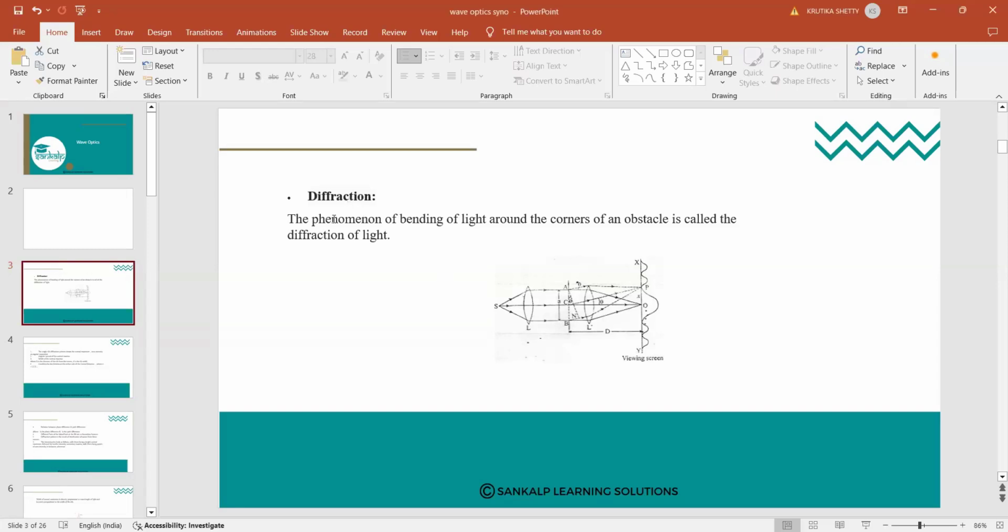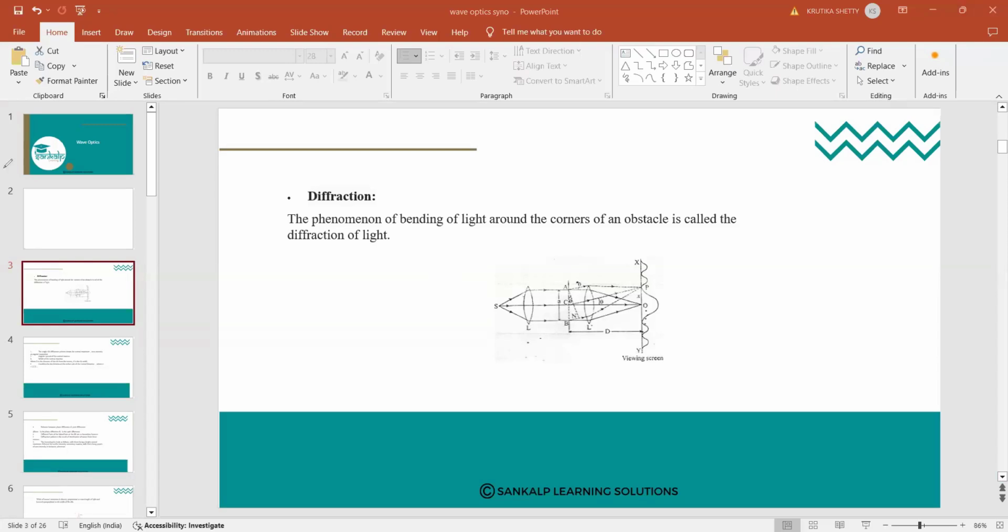Then later, some theories were developed and studied by Newton and Hooke. But Thomas Young was the first person who applied the wave theory to explain diffraction. So Newton, Hooke and Francesco Maria, all of them did studies, but Thomas Young explained diffraction with the help of the wave nature. So what is diffraction? See, for example, if you consider,